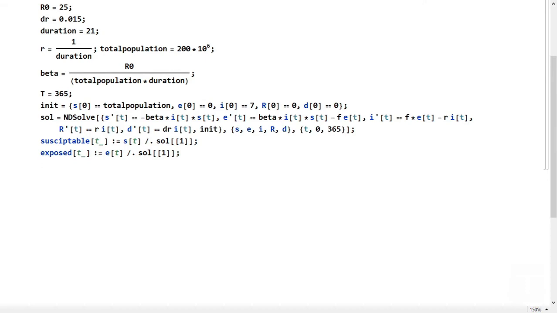After exposed, you have to get the infected population. It's also a function of time, and this will come from I of t, sol 1, and after infection comes the recovered. So recovered population. You will have R of t,